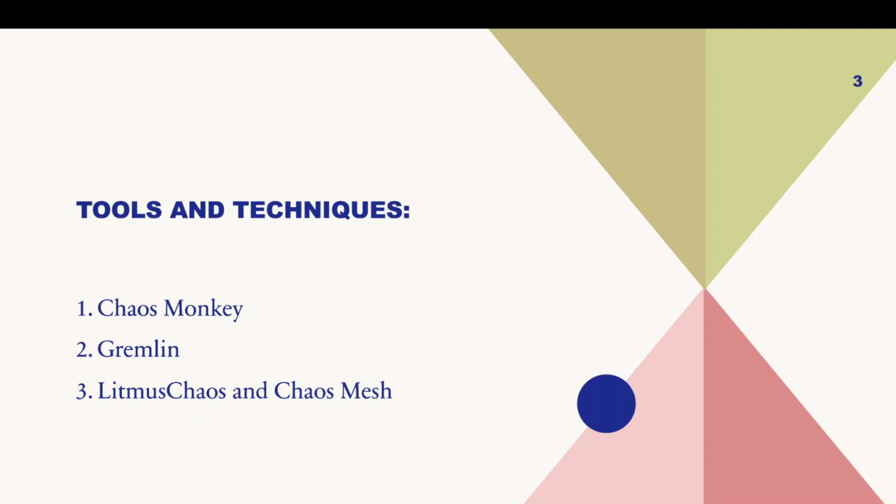And the second one is Gremlin. Gremlin provides a set of tools to simulate various types of failures, such as network latency or CPU spikes, or even instance termination, just like Chaos Monkey. So it has multiple functionality. As I said, network latency is one. CPU spikes, it can suddenly introduce some CPU load here, and introduce some network latency here,